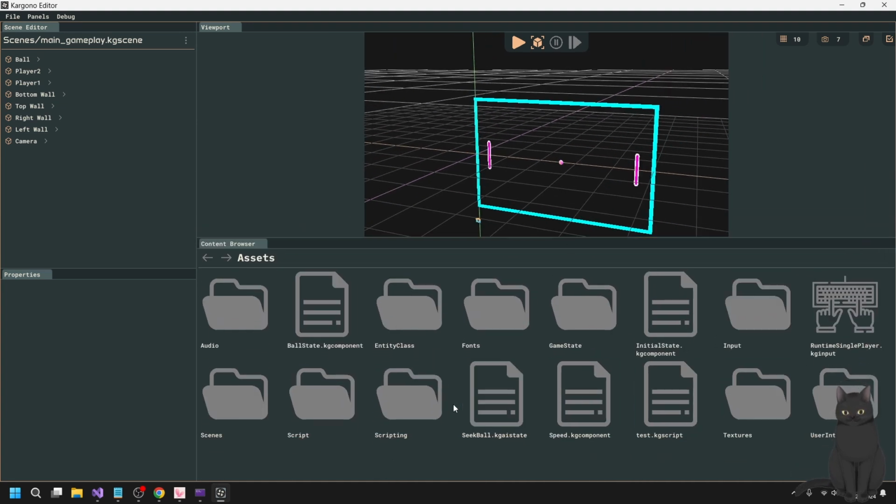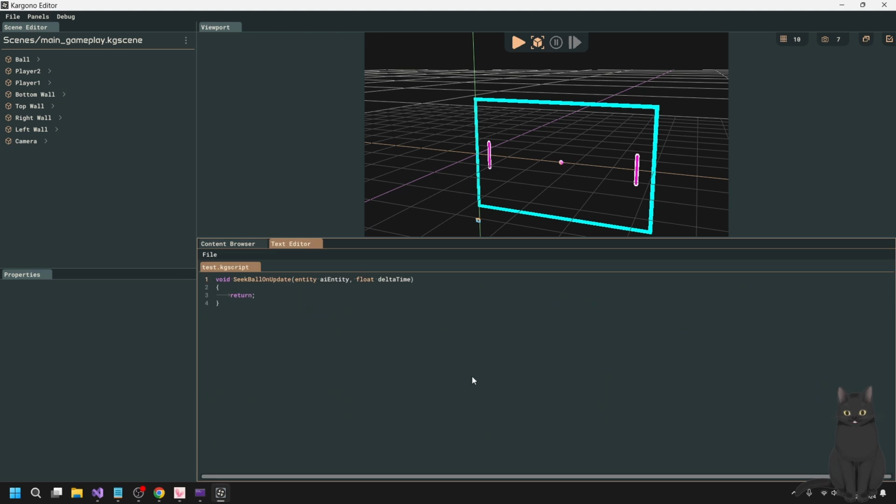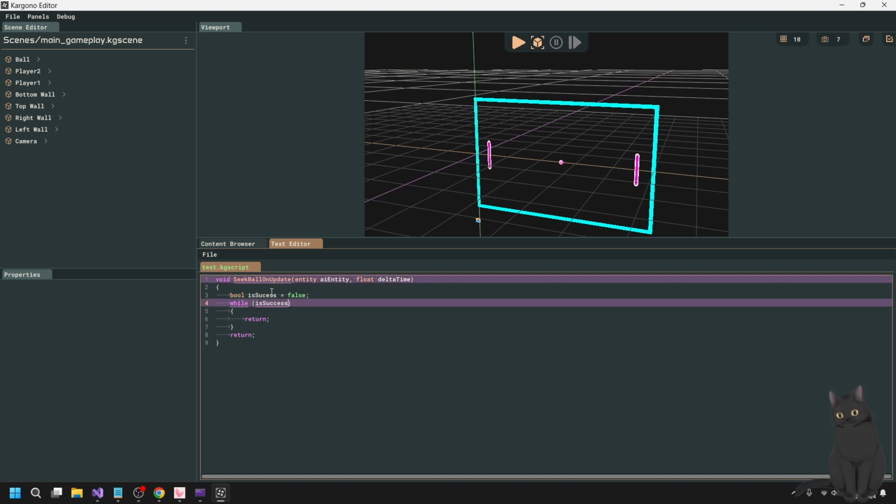Okay, all right, let's cross the fingers. Let's see. Come on, while loop. Come on, come on, come on. Okay. So if I do bool isSuccess is equal to false, this should be parsing a Boolean expression.